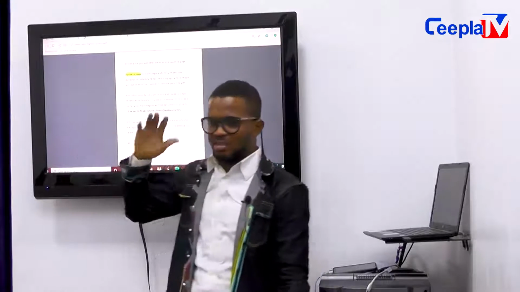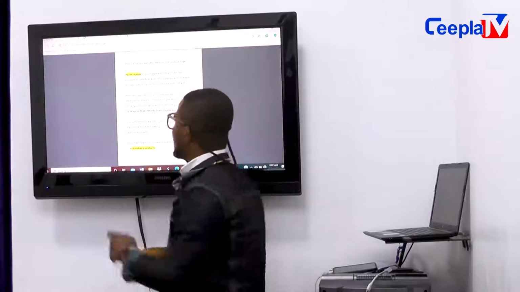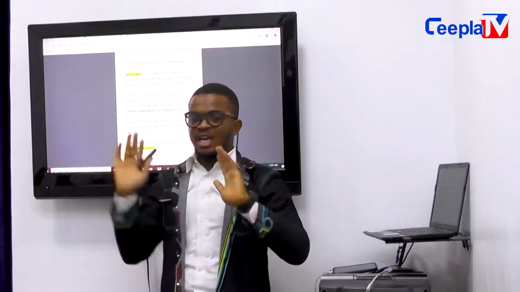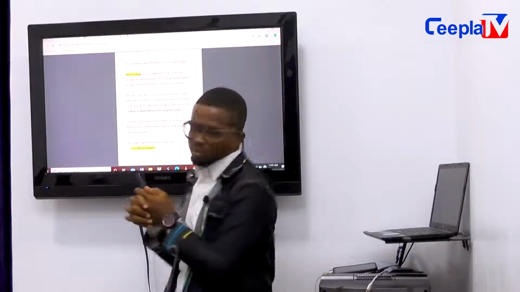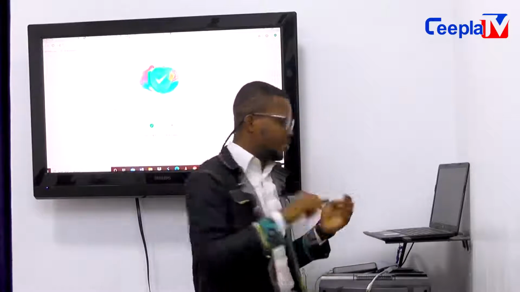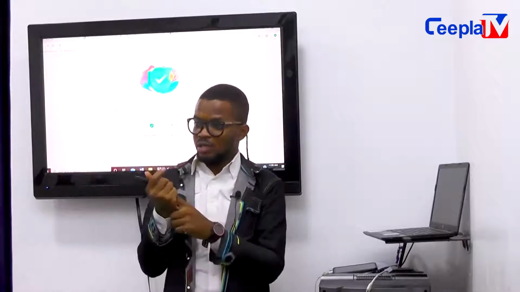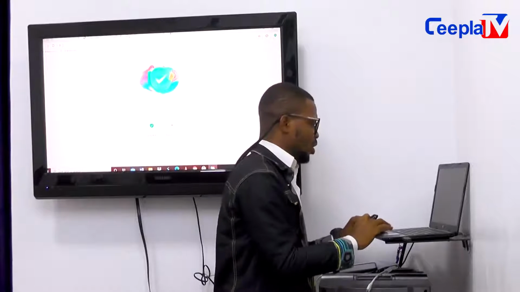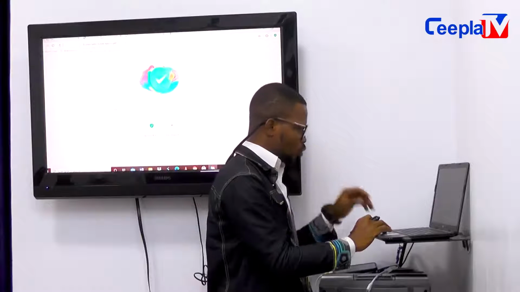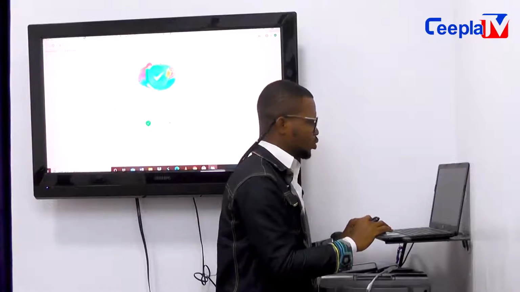So squeeze page, this is a bit technical. I'm trying to break it down so that everybody can understand. This could be as simple as a Google form. How many of us know how to create a Google form here? How many of us have used a Google form before? Okay. So how many of us have a Gmail address here? Your name at gmail.com. Anybody? Yeah. Quite a number of us. Almost everybody here. Okay. So once you get a Gmail address, you have access to all Google products, YouTube,